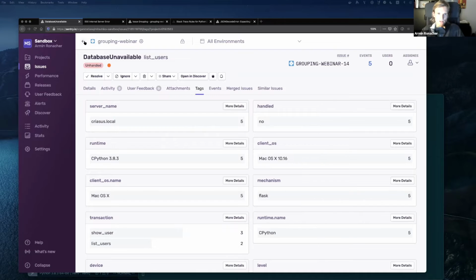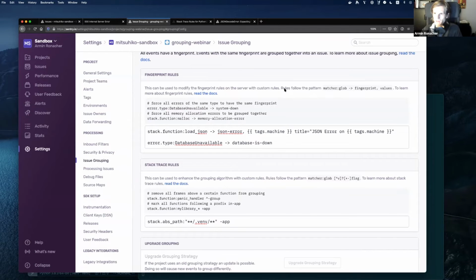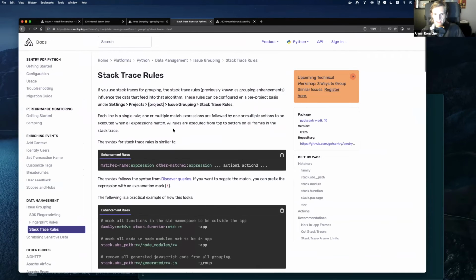Yeah, so that's sort of the basics of what you can really do on the server. So the next question is, how can you discover what you can do with this? I introduced the 2 big concepts, fingerprinting rules and stack trace rules. Both of them are documented in the documentation. You can follow the link here. And this here, for instance, is all the rules that you can do on stack traces. So for instance,